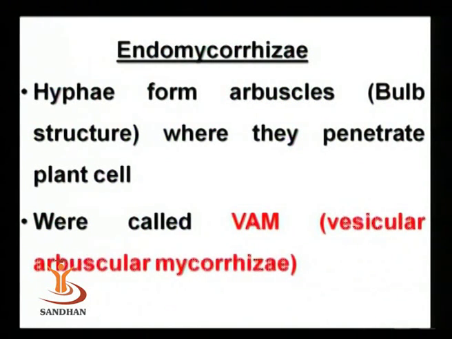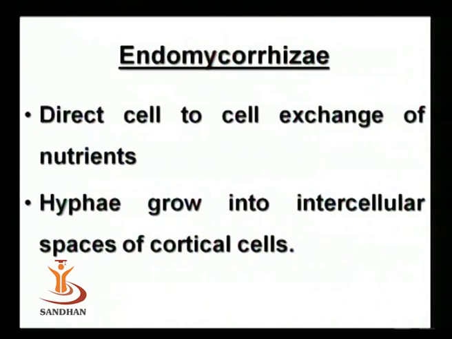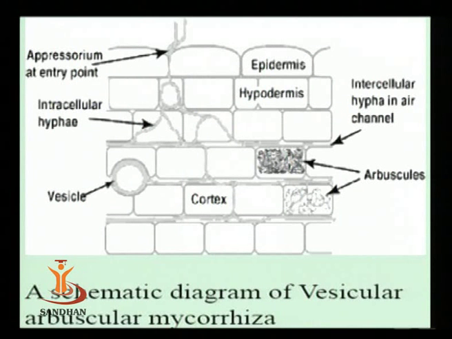Endomycorrhizae penetrate inside the root cell. They take up the nutrients from the soil and supply them to each and every cell of the plant, and by that they are enhancing crop production. Direct cell to cell exchange of nutrients is there. Hyphae grow into the intracellular and intercellular space of the cortical cells, and this is the schematic diagram of the